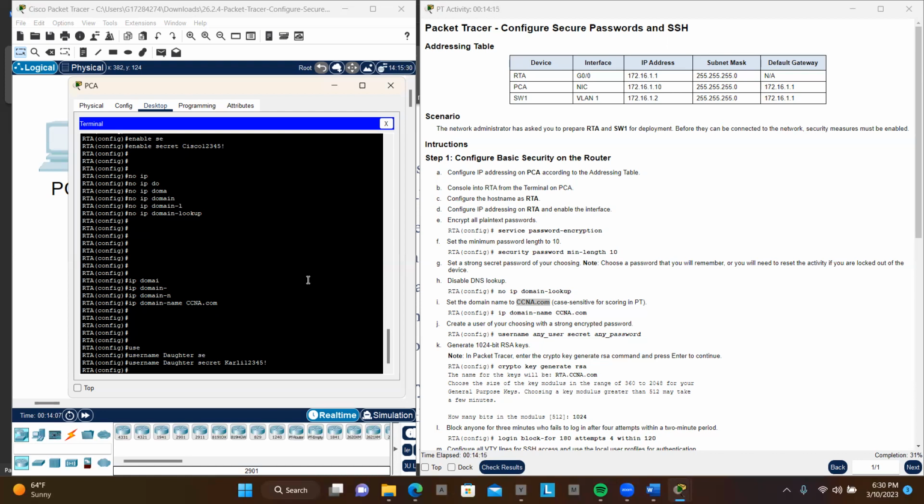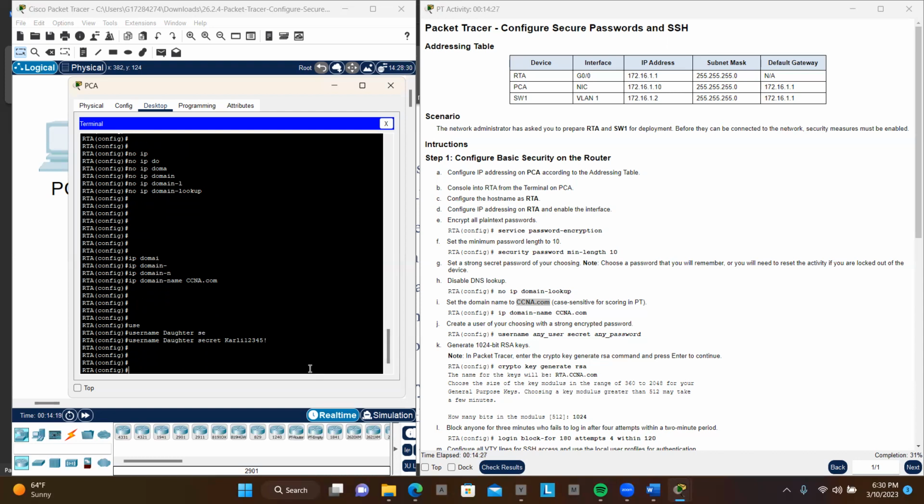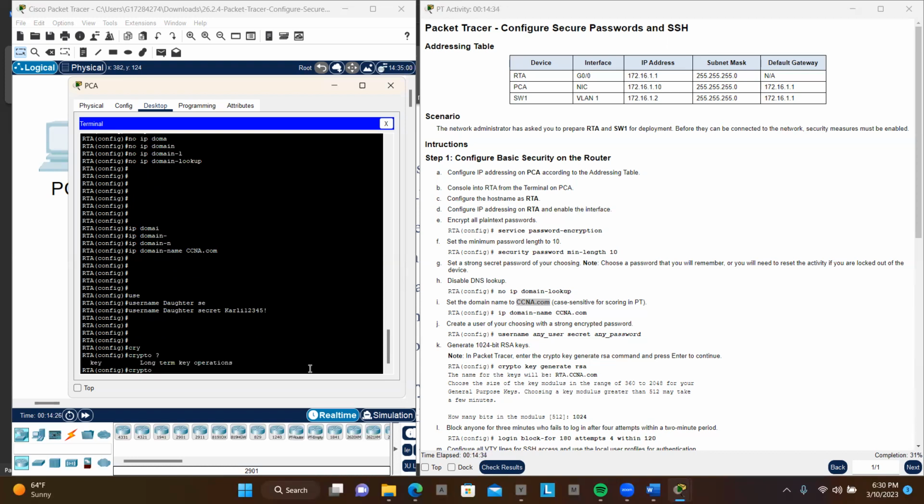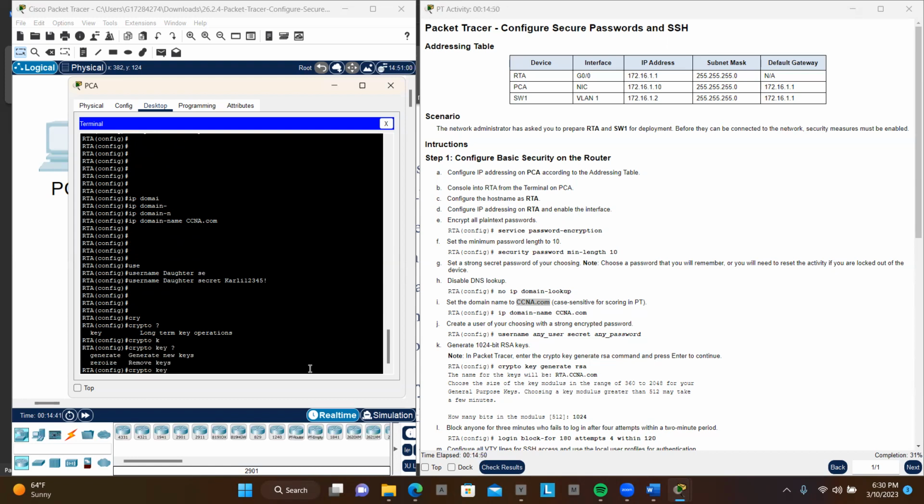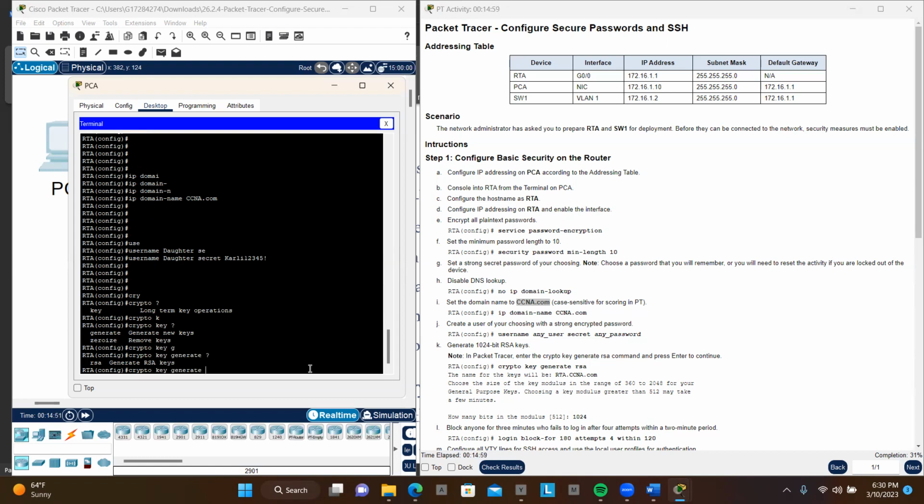Now it asks us to create a crypto key. So we got to generate a crypto key. The way to do that, we could do crypto, and let's do a question mark, and you will see it gives us the command key, long-term key operation. So let's say key, and let's hit a question mark again. You will see it gives us generate new keys, or zeroize, remove keys. So let's grab generate. Then if you do a question mark again, you will see